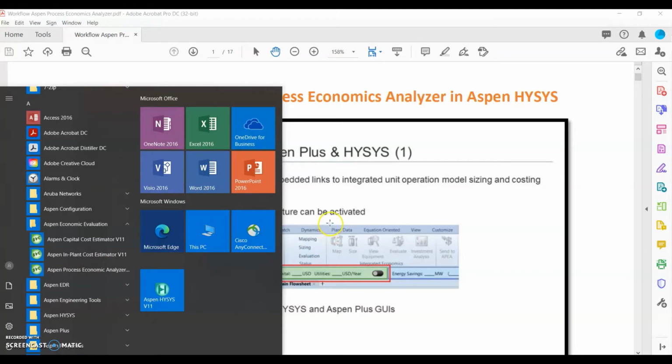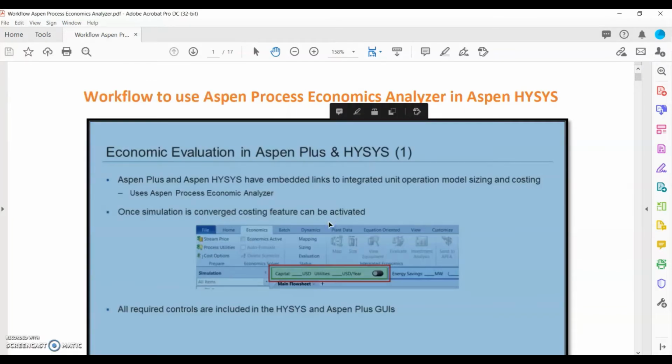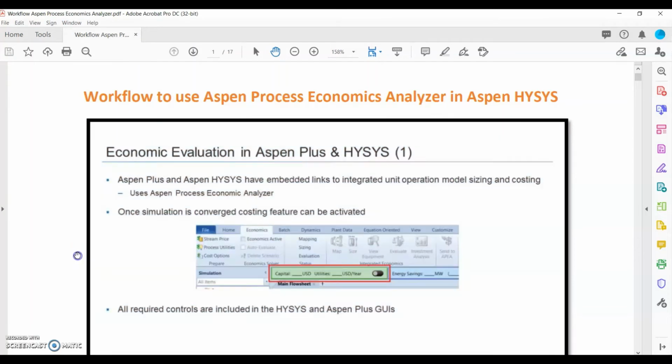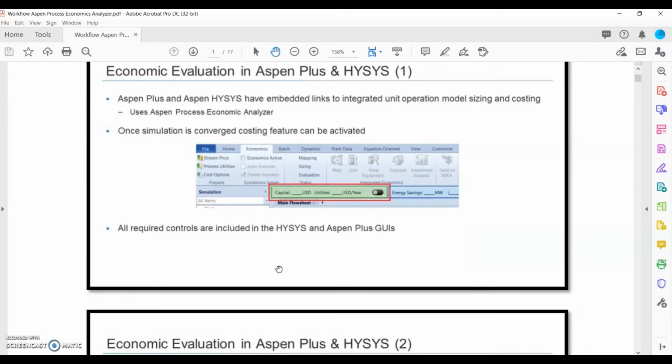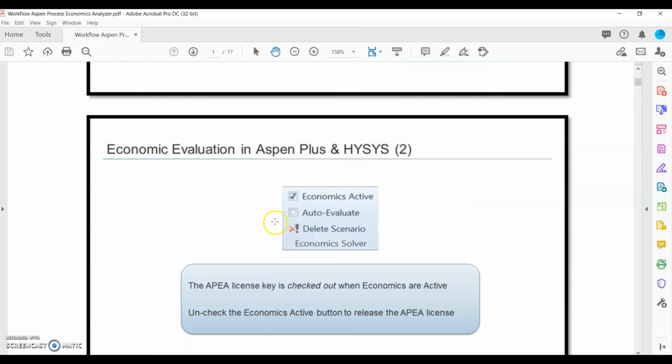Once you have that installed, this Aspen Process Economic Analyzer can run within Aspen HYSYS or within Aspen Plus. You will be able to see the tab in Aspen HYSYS that shows capital. This tab is actually the Aspen Process Economic Analyzer. If you want to activate it, we have to tick the Economics Active button inside.